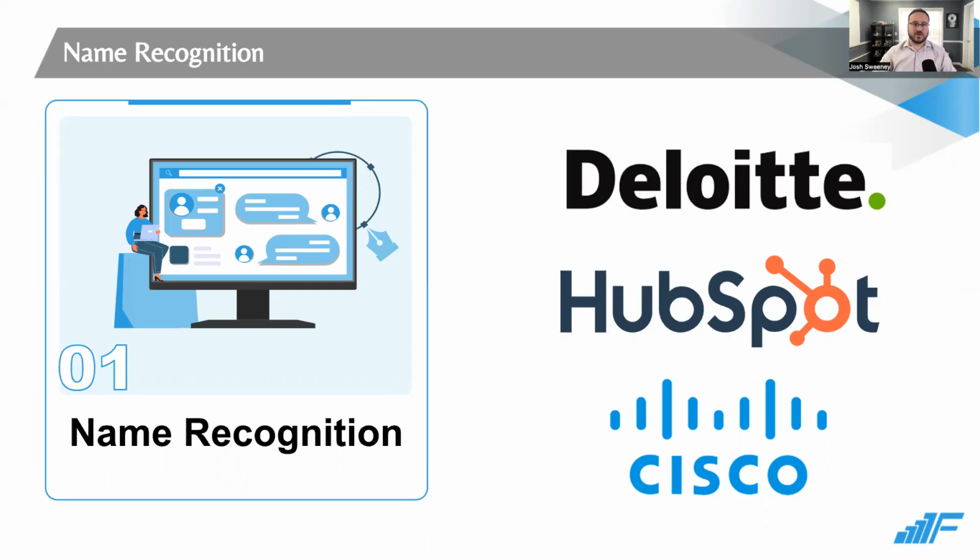Now, you may be thinking, well, we're not Deloitte, we're not HubSpot or Cisco. Those are really big names. They have big budgets. But don't get hung up on that because there is opportunity. Your goal is to focus on building name recognition within your target audience and based on the budget that's available to you, which means that you may have to niche down a little bit to deliver on this. Now, your business may only have a target audience of 2,000 or 5,000 people. So that's where you can really niche down and start to build name recognition in your audience.